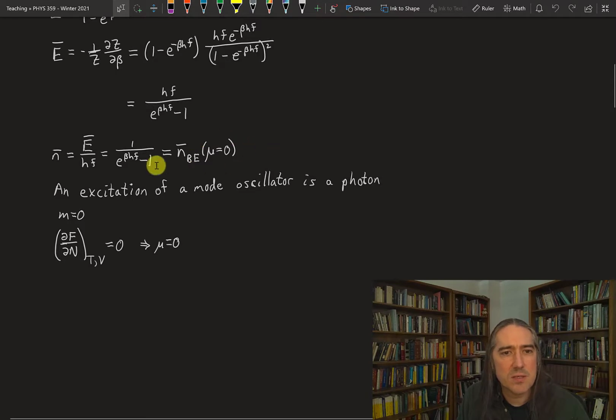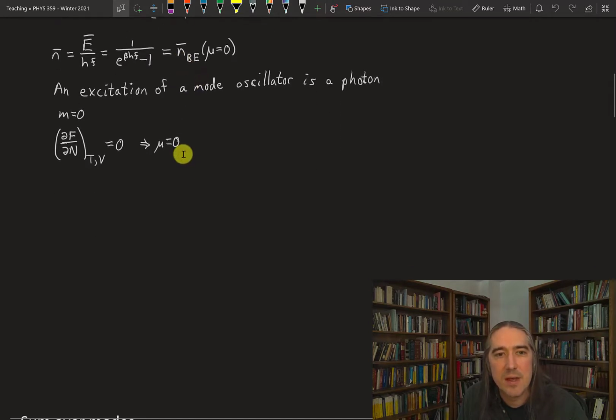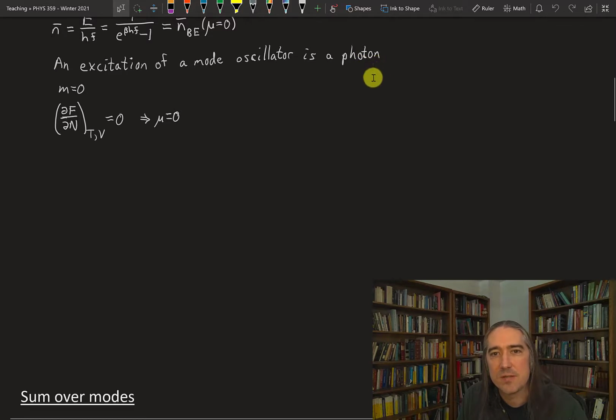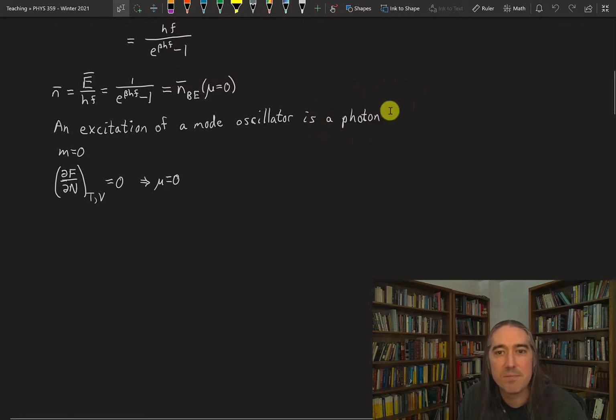So this thing looks like a Bose-Einstein distribution, and we know that that should give us the occupation of a certain level, which is to say the average number of particles in that level. So we're now going to be thinking about excitations of a mode as particles, and the name that we give them is photons. Okay, you've probably heard this term before. Photon is a particle of light. And the clearest way to understand is, in fact, in the context of a cavity. So if you've got light trapped, then an excitation of a mode is a photon.